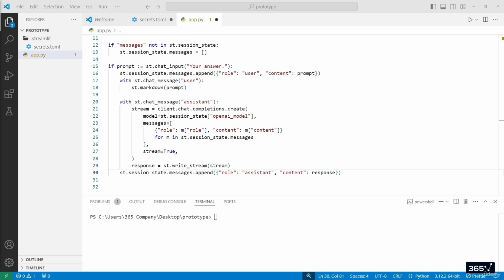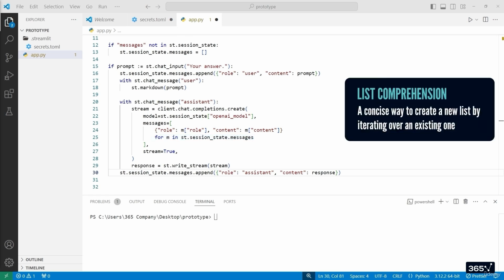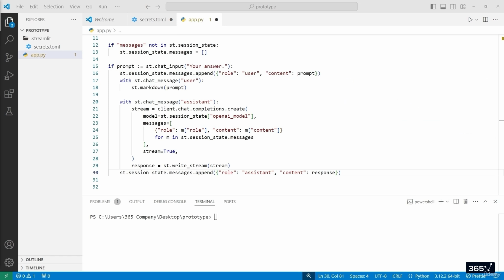To provide this chat history, we loop through the messages list in the session state using a list comprehension. List comprehension is a concise way to create a new list by iterating over an existing one. In this case, it takes each message in the messages list, extracts its role and content, and reformats it as a dictionary. This structure gives the assistant all the necessary context for generating a meaningful reply. Each message is represented as a dictionary with two keys: role, which indicates who sends the message, and content, the